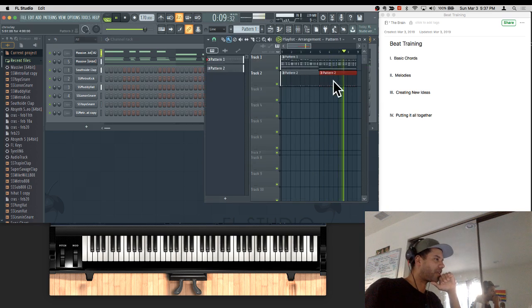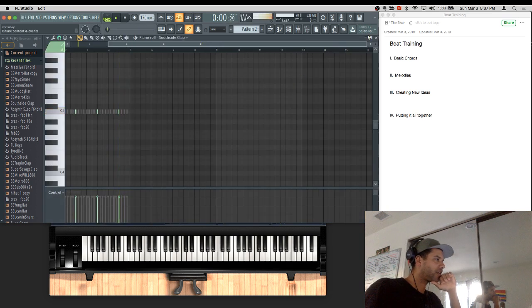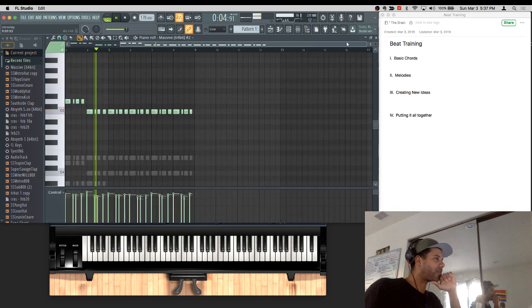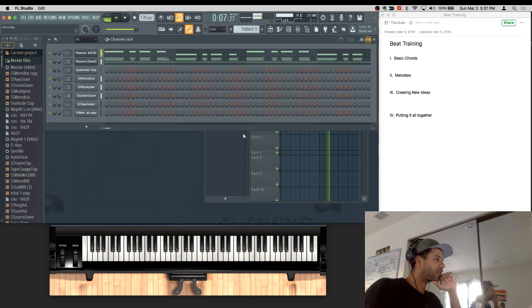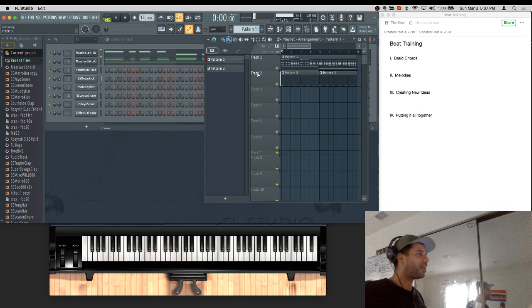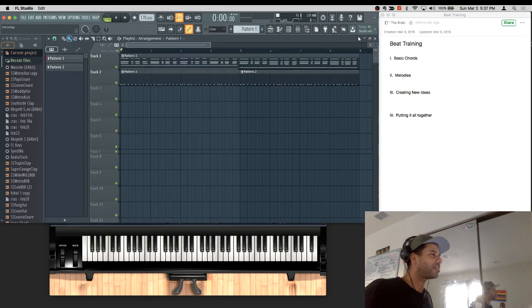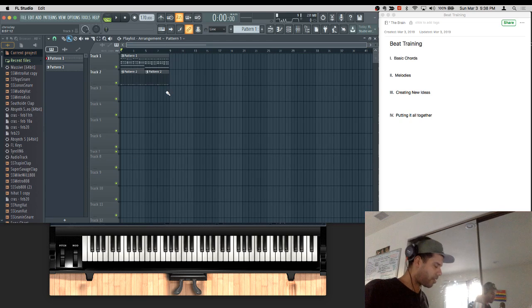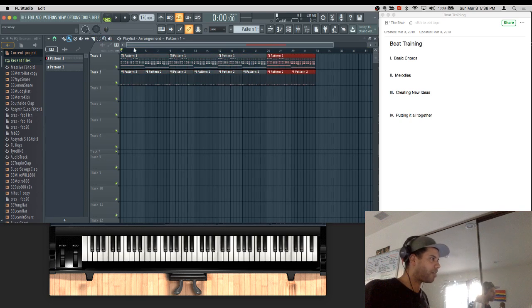So we have our drums right here. And we have our melody and our chords on this one. Now you have the basic ingredients of a beat. So what you can do from here is you can format it, right? So you have this line right here. You can duplicate it a bunch of times, and then you can, very basic, let's just put a basic arrangement